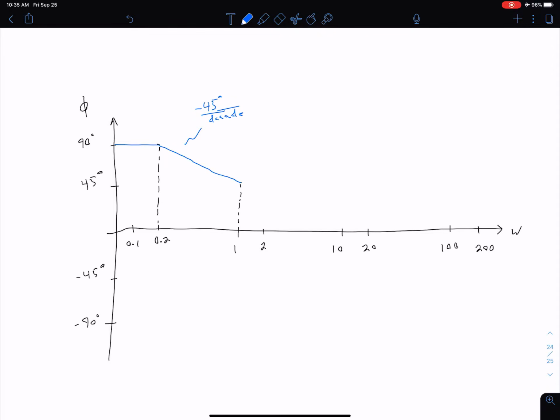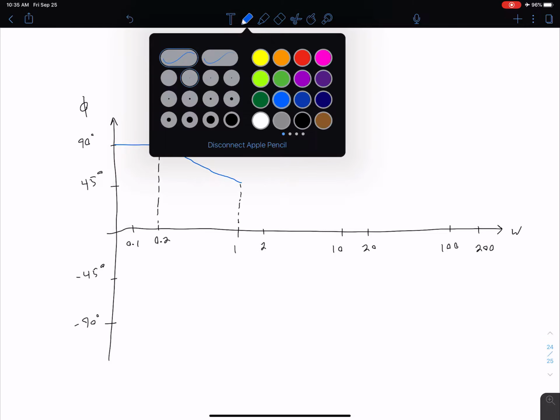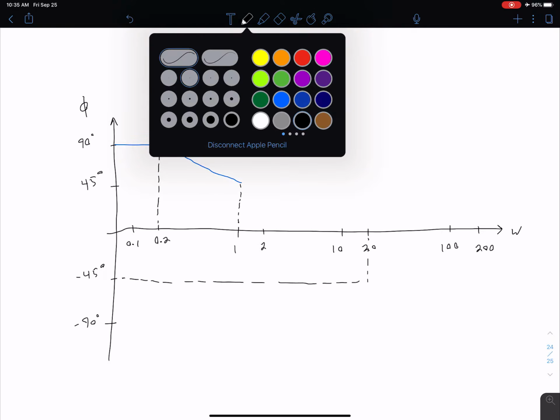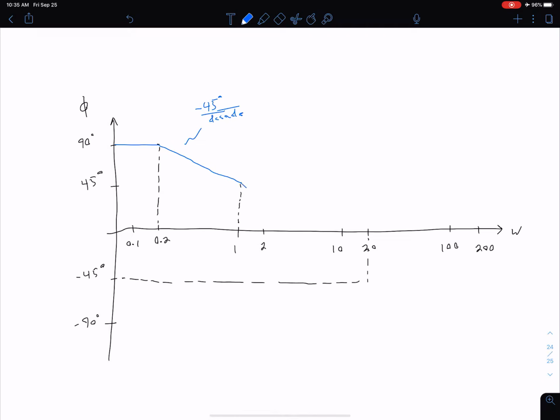So let's see if I can, again, try to draw this as accurately as possible. So from here to here, we're going to get the 2 combined. So we're going to get a negative 90 degrees per decade slope,